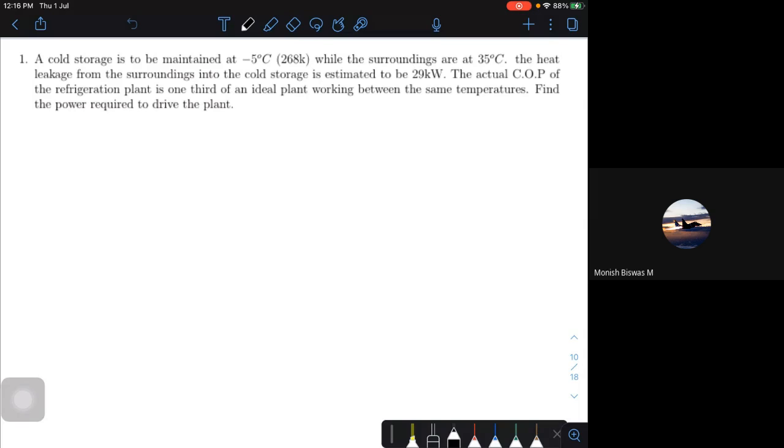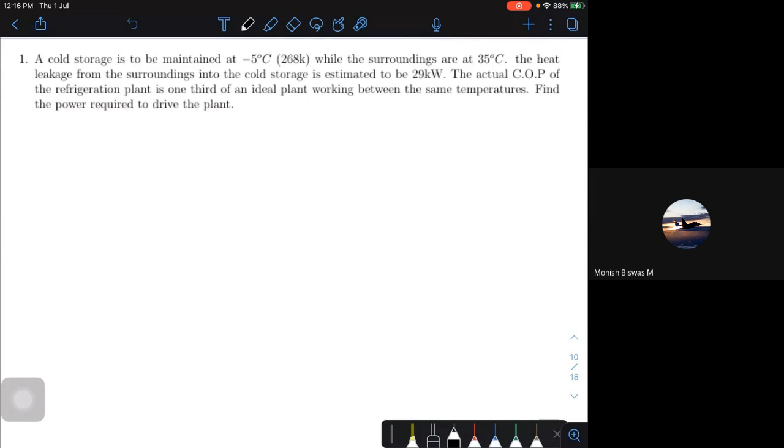Yes, we were doing the refrigeration chapter, and we looked at all the theoretical part of it. We looked into the air refrigeration, then the vapor compression refrigeration system, then the vapor absorption refrigeration system. Let's try to solve some numericals on this refrigeration. I have prepared a tutorial sheet and uploaded it in the Google Classroom. So let's take some of the numericals and try to solve them.